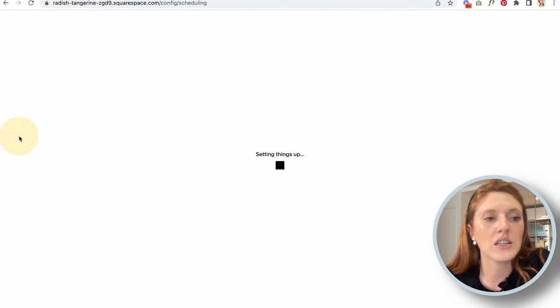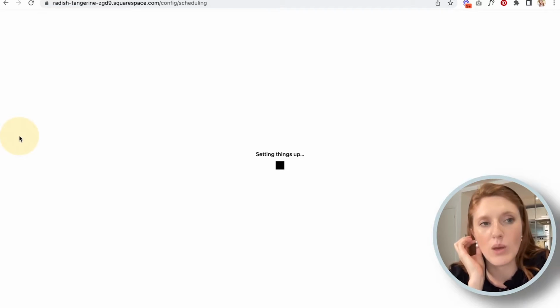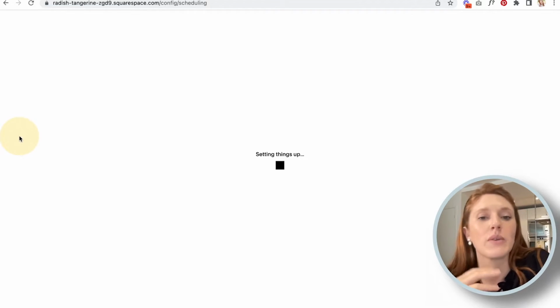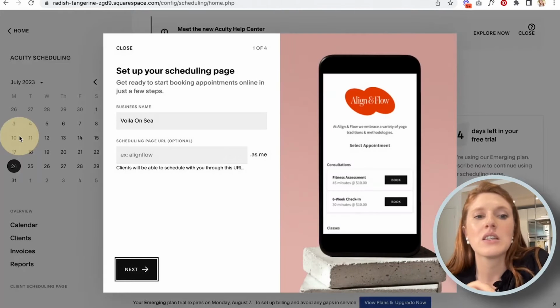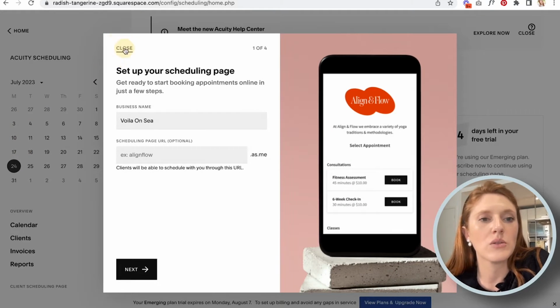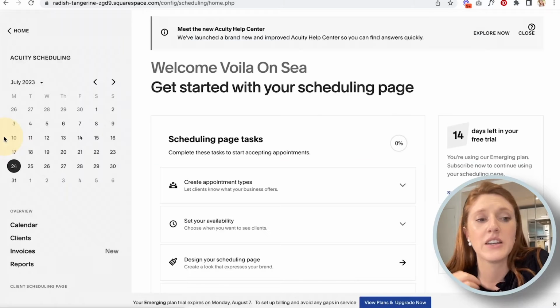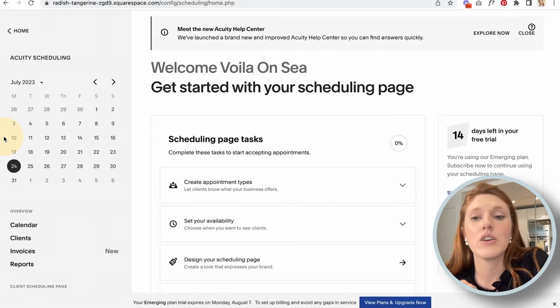Next up, let's quickly talk about scheduling. So scheduling is Squarespace's option for booking appointments. This is similar to, if you're familiar with Calendly, it's basically the Squarespace version of Calendly. So this is where you can, let me just close this, set up different appointment types and set your availability